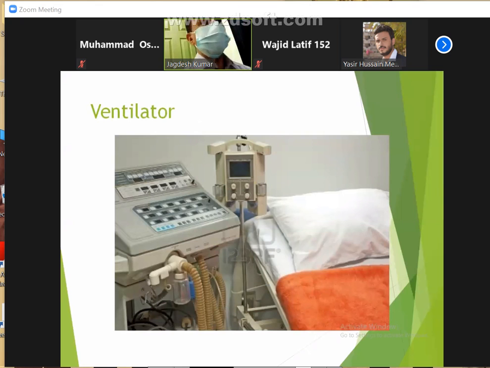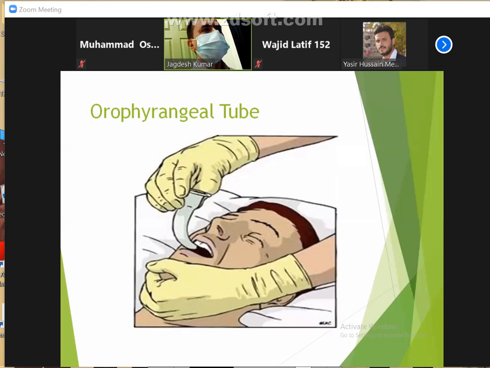After the intubation, you have to put the patient on a mechanical ventilator or respirator. So this is the ventilator machine. This is used for emergencies like respiratory failure type 1 or type 2, sometimes with BiPAP, CPAP. This is simple opening of the airway by putting the oropharyngeal tube. You just open the mouth and insert the oropharyngeal tube directly, and then you twist around 90 degrees or 180 degrees down.